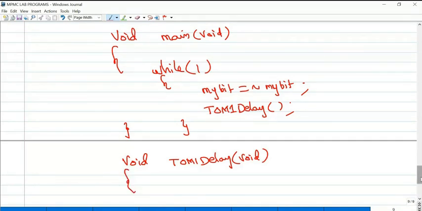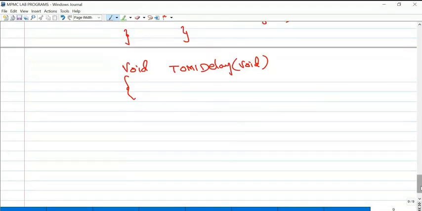First we have to configure the mode register. TMOD equal to, and to mention hexadecimal you have to use the symbol 0x: 0x01, which represents 01H in C program.